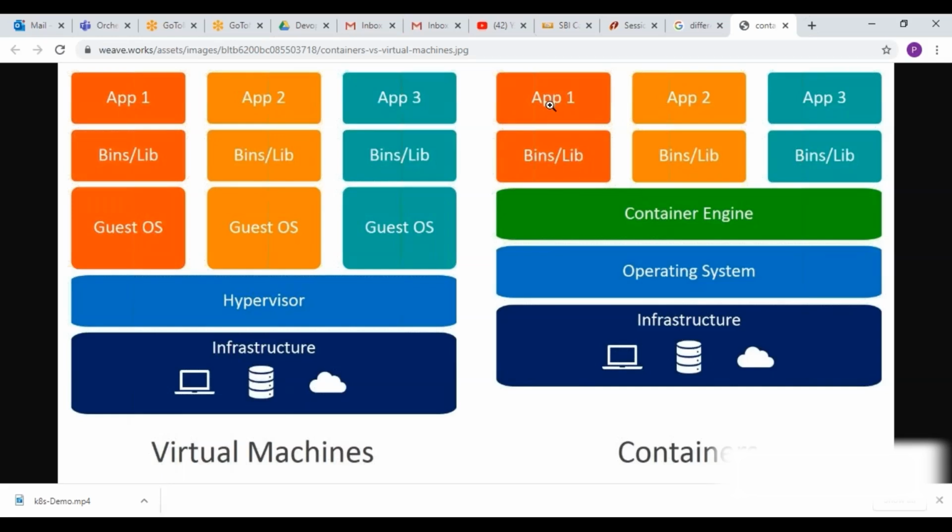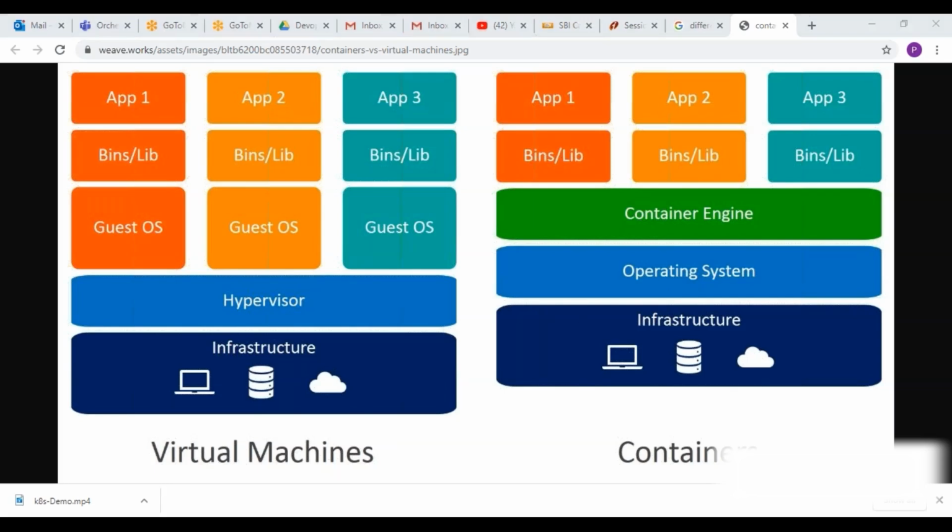Here the container doesn't require huge resources, so whatever it requires we can allocate. And the second thing is licensing. Here you are paying licensing for your VMware or maybe Hyper-V. But here you don't need to pay any licensing. And the other thing is that spin up is very fast. Immediately it can be created, within a few seconds, and within a few seconds you can delete it, right?